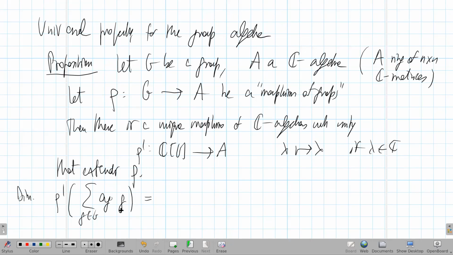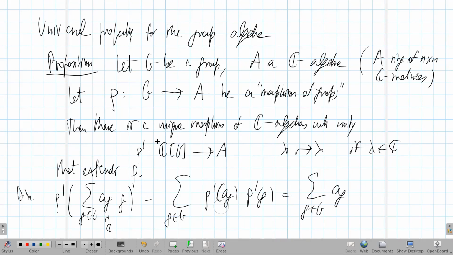So what do you have here? You apply rho prime. So this goes through the sums and the products. So you will have the sum over g in G, rho prime of a_g, rho prime of g. Okay, so let's look at this. If you check the proof for polynomials, you will see that it's very similar. So we have said that a morphism of C algebras has to send constants to constants. And these, of course, are elements of C, okay? So you obtain